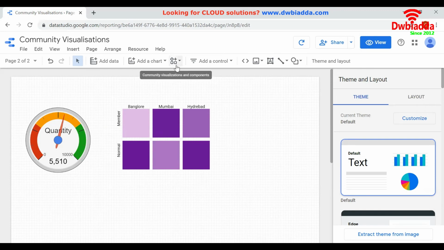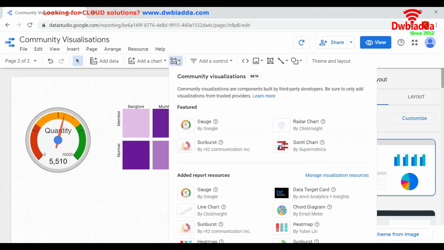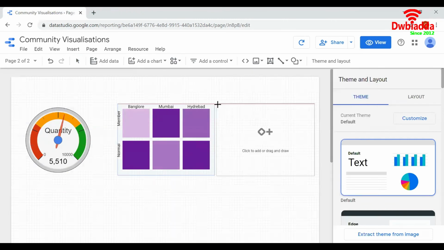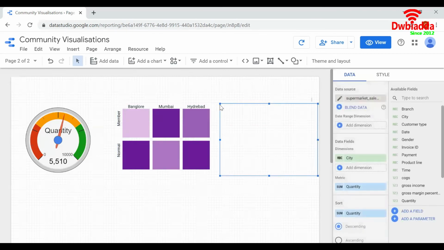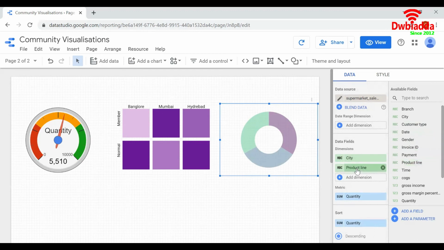Let us see one more example, that is sunburst chart. As I've already told you, this chart represents the hierarchy of data. I will add city as first dimension and product line as second dimension.